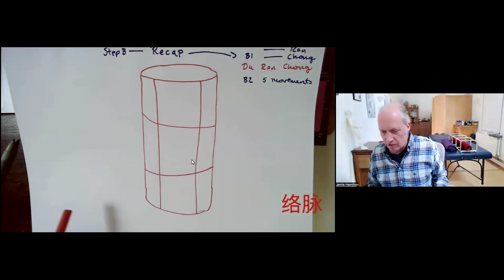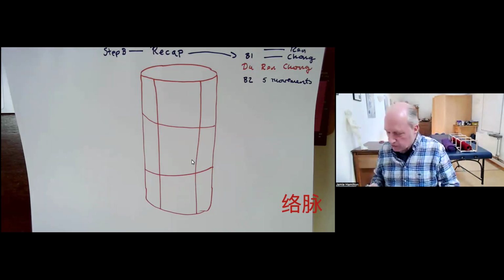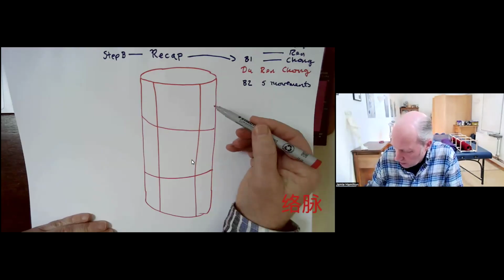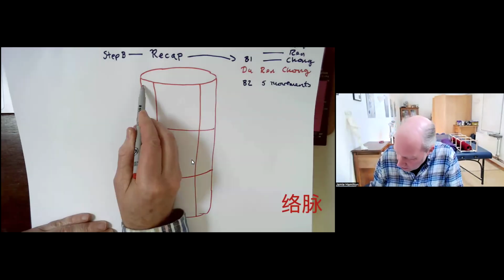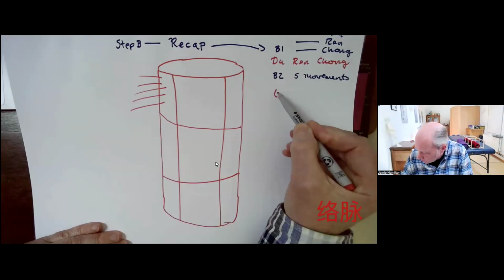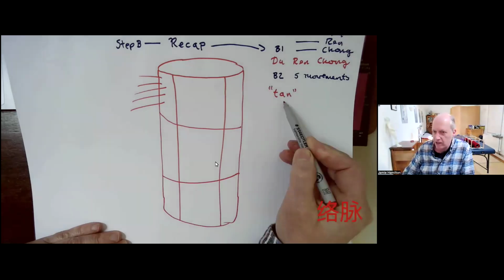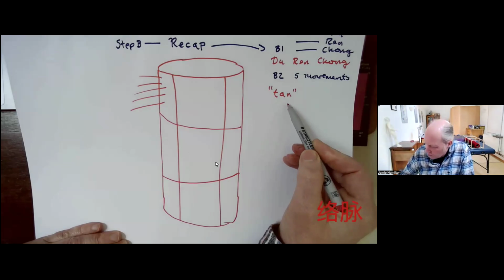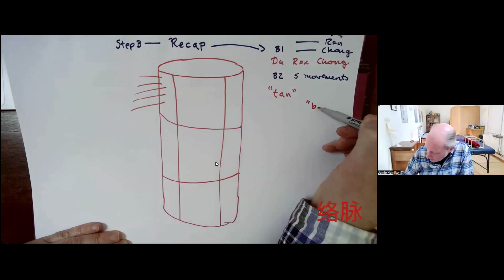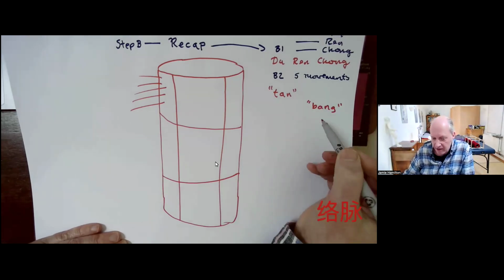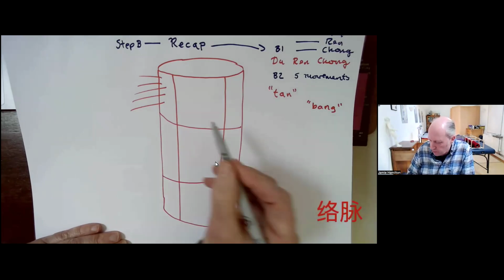So the text of the Mai Jing, book 10, says, in the front position, from exploding or tapping on left and right, they use this word tan. And I've realized that this word tan they use is actually really onomatopoeic. It's a bit like our English word bang. Can you see it's actually quite similar? Tan and bang.